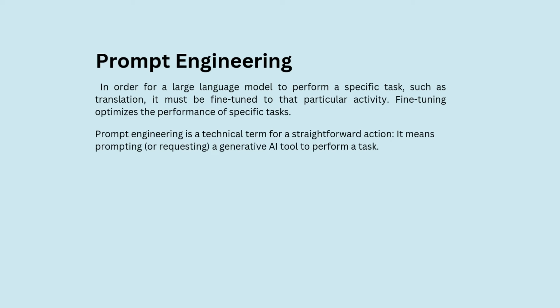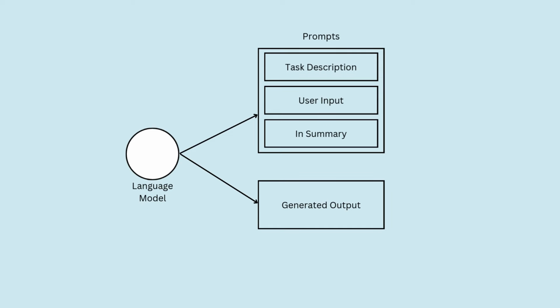What are prompts? In order for a large language model to perform a specific task, such as translation, it must be fine-tuned to that particular activity. Fine-tuning optimizes the performance of specific tasks. Prompt engineering is a technical term for a straightforward action. It means prompting or requesting a generative AI tool to perform a task. Prompt tuning fulfills a similar function to fine-tuning, whereby it trains a model to perform a specific task through few-shot prompting or zero-shot prompting. A prompt is an instruction given to an LLM. The language model would understand, through the